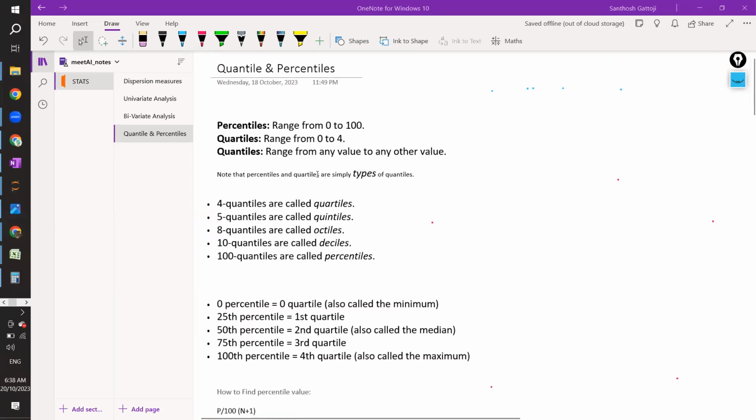So, just to give a recap, yesterday we started understanding the percentile concepts. We understood what a percentile is, and what a quartile is. Quantile is just a generic term, but the actual terms we are going to use are quartile and percentile. Percentile takes 1 unit at a time: P1, P2, and so on till